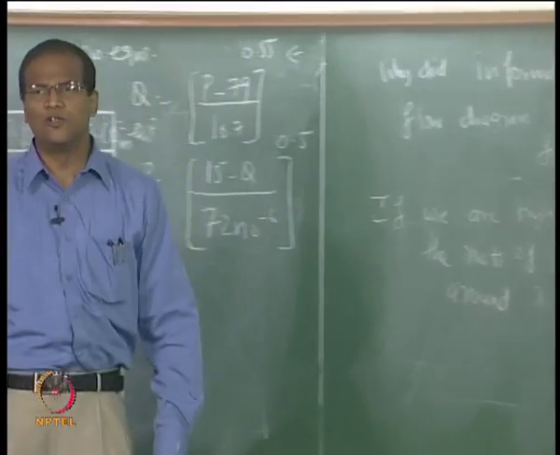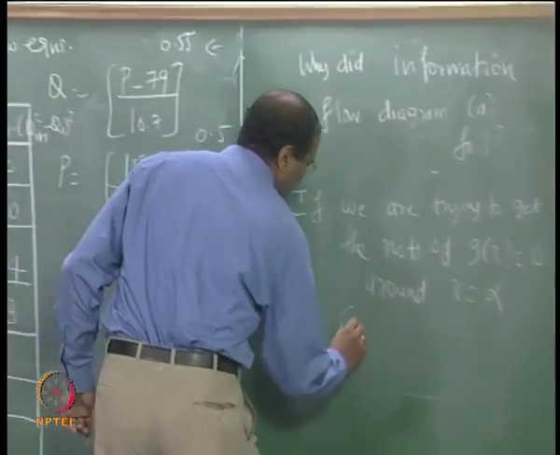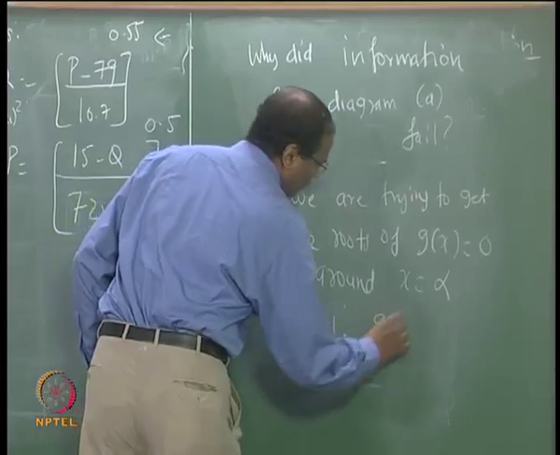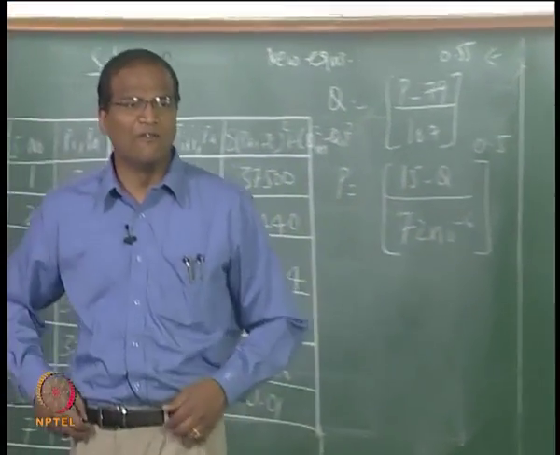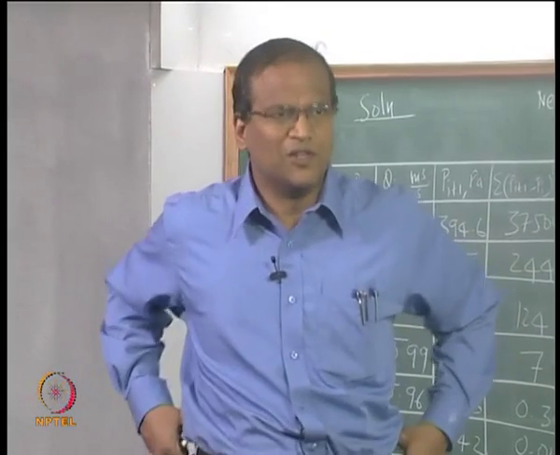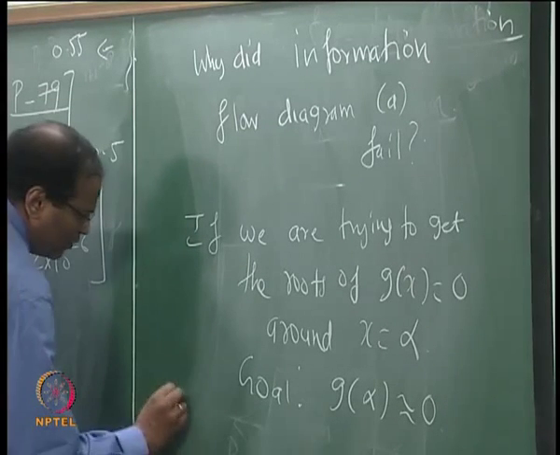So if you are trying to get the roots of the equation g of x equal to 0 around x equal to alpha, the goal is basically that g of alpha must go to 0, right? You want it to go to 0. Then alpha is a root. I say it is approximately 0, it will not be exactly 0.000, but within limits it is all right. So the requirement now is